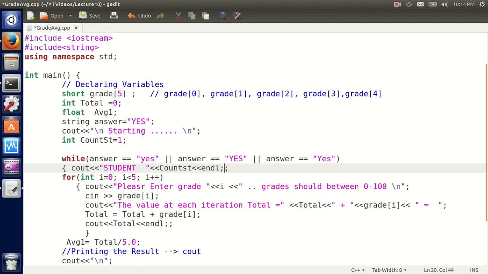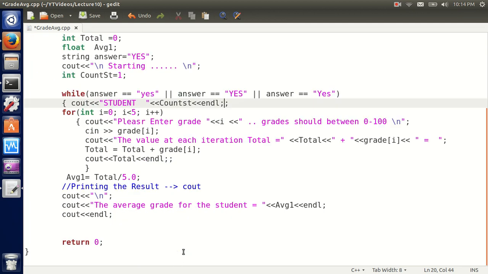Student 1 is saying, now if I want to go to student 2, calculated the average, printed the grade average, we can say here student, for student 1, the average grade for student count st,